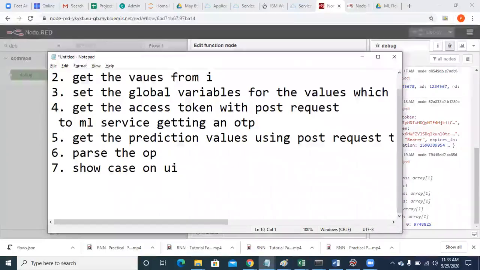For example, I have something like this.